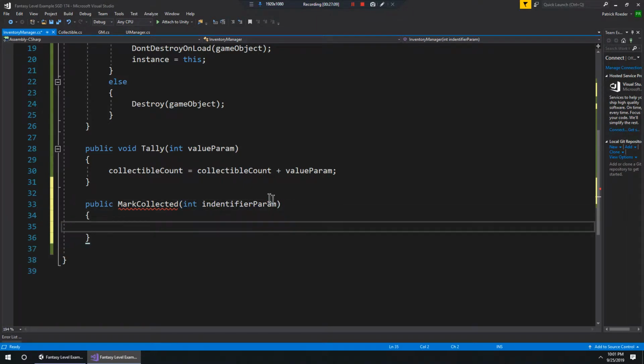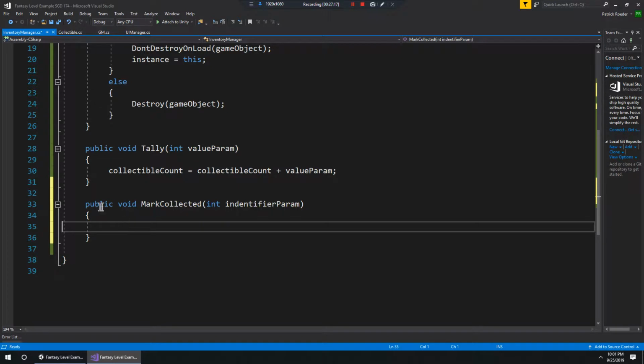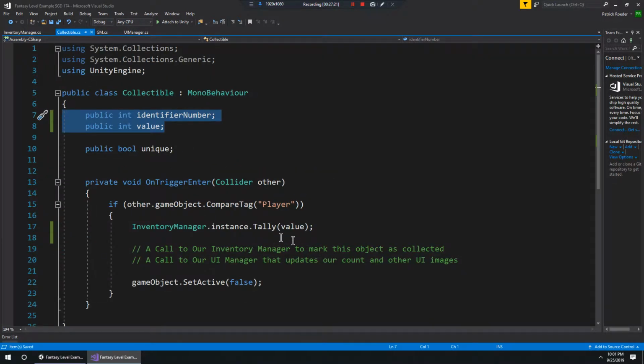And there we go. So whenever we call this, something wrong with that? Public void. Nice. So we're going to call this function from our collectibles. So we're going to say,